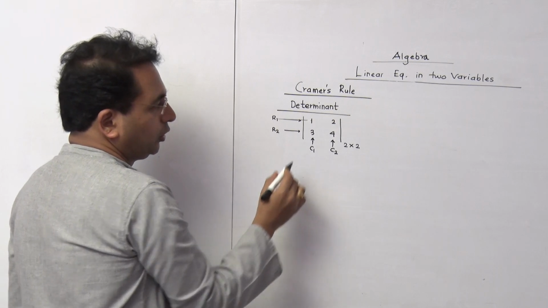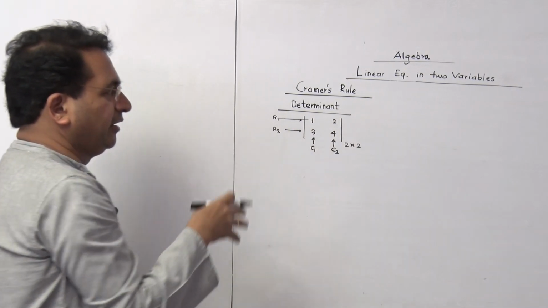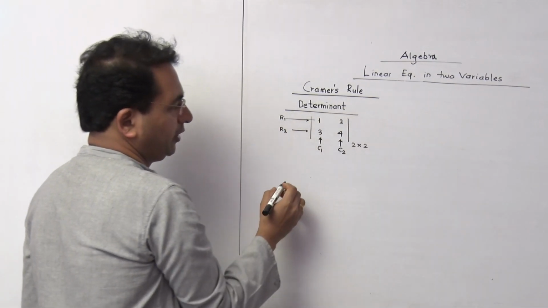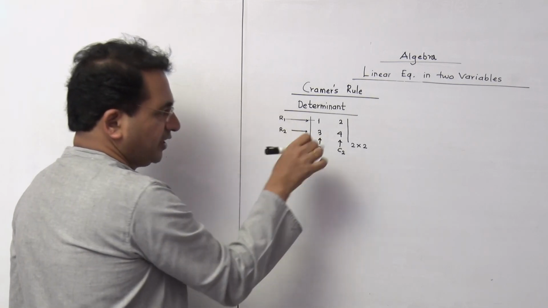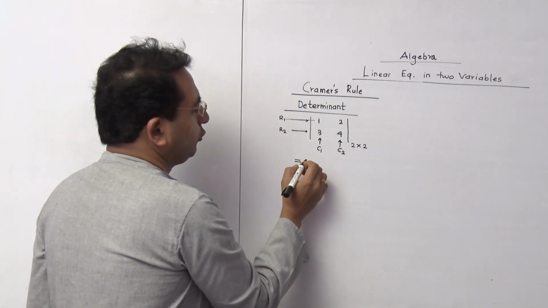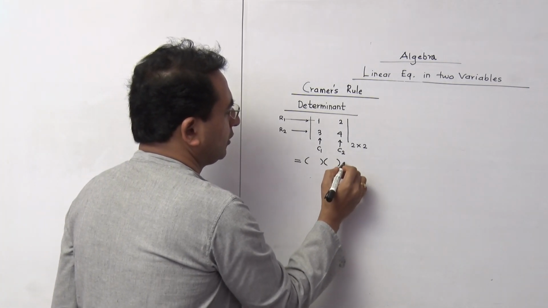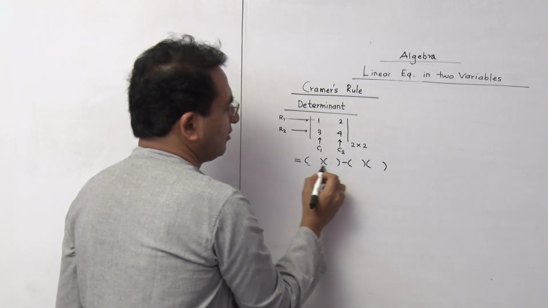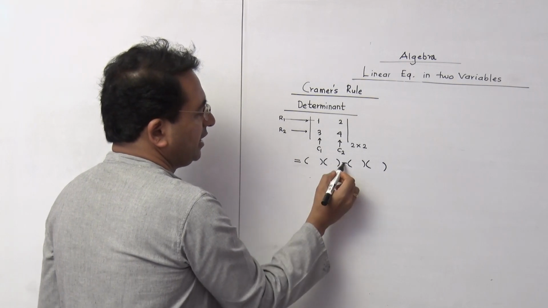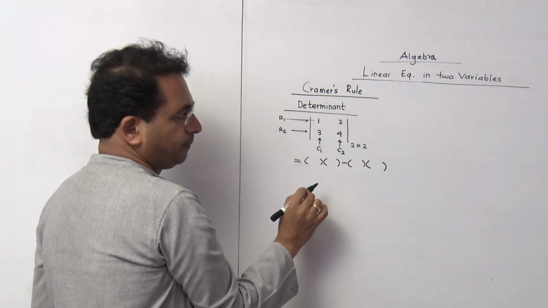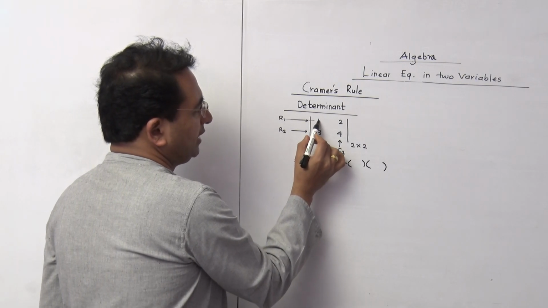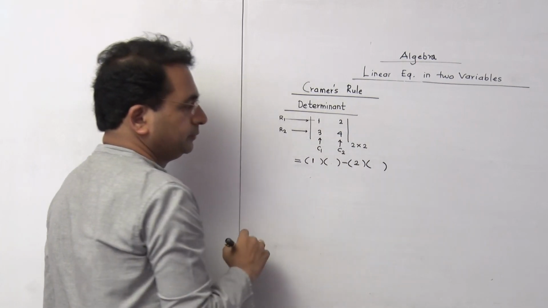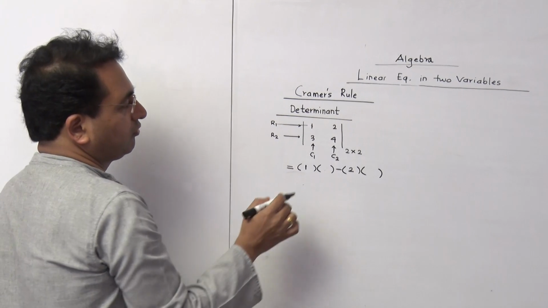Correct? Now the question is not about how to frame the determinant. We are going to be asked to find the value of a determinant, which is very easy. We use this framework: bracket bracket minus bracket bracket. There are 4 brackets, and in between we always put a minus sign. First highlight this element, 1. We write 1 here, and this number we write in the third bracket. The multiplication is crosswise.